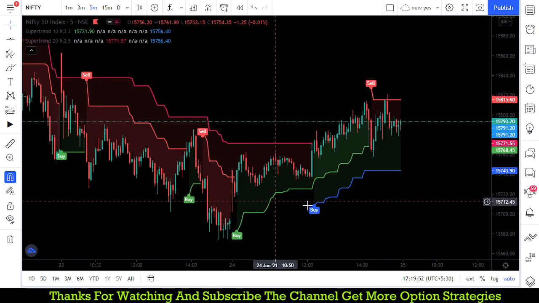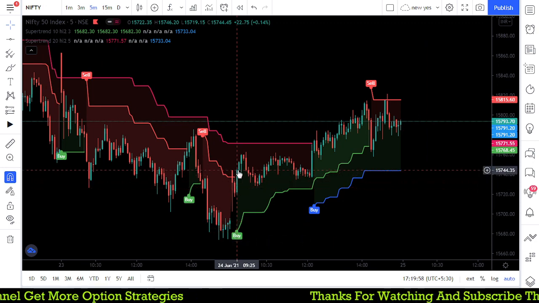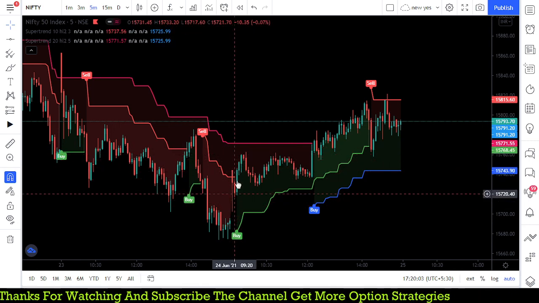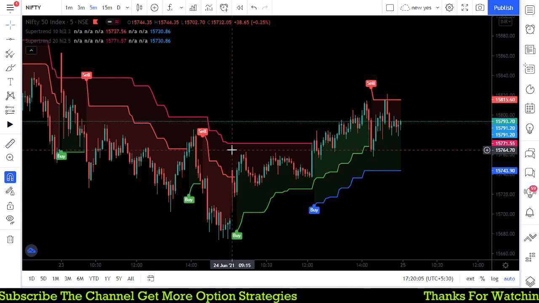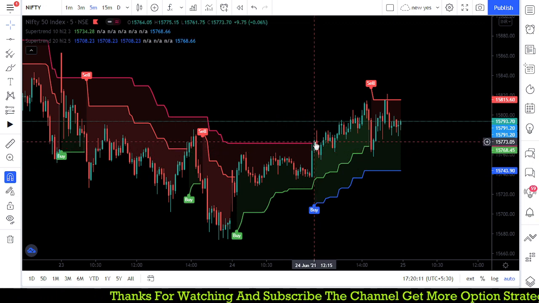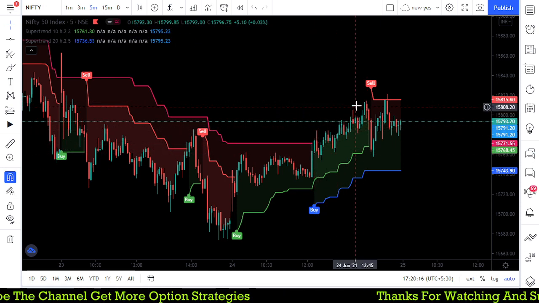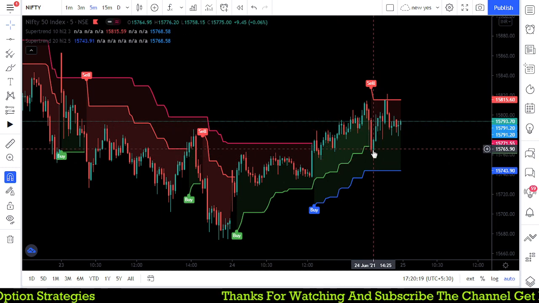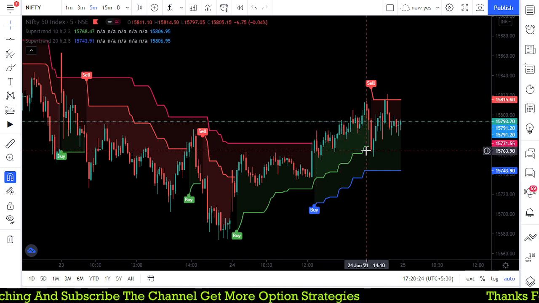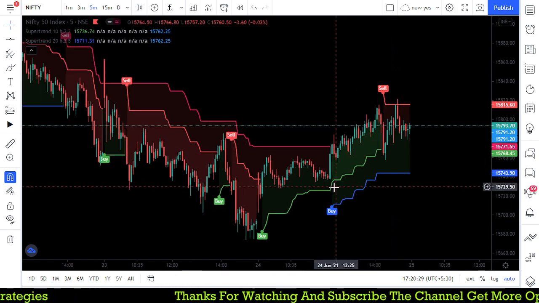For example, the last signal given on the long term was buy, and the short term buy was given before that in the market, but the longer term wasn't selling. So the two directions were opposite. Whenever it turned buy today, the 24th of June, it was around 15,700 and went up to 15,814. So almost 30 points of movement in a direction, and the direction changed here at 760. If you keep holding, you bought at 773 and exited at 764, the minimum loss, and now we are in the no trading range.